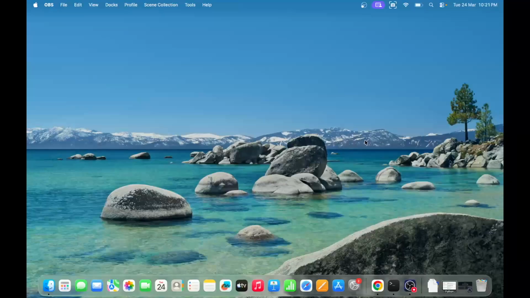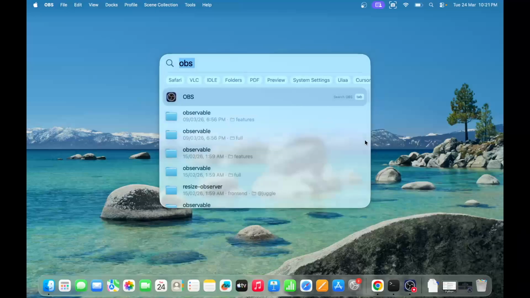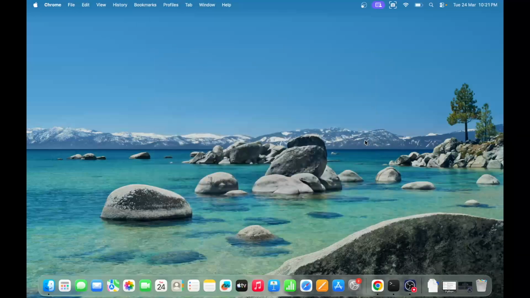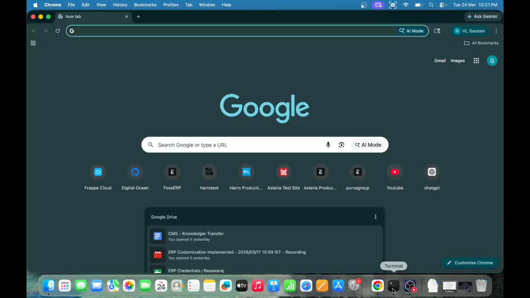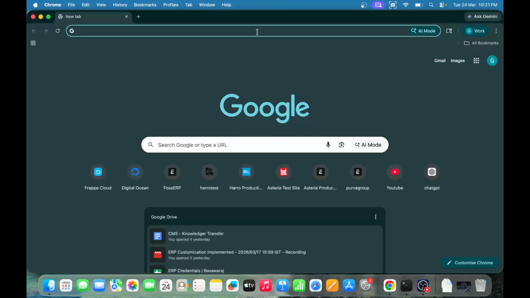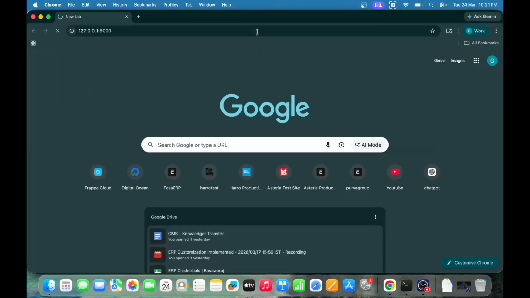So in this video, I am going to talk about how we can use the property setter in Frappe to change the property of a standard field. So I will show you with one example. So let me open my Chrome, and since my local server is already running, I will just open the local server,